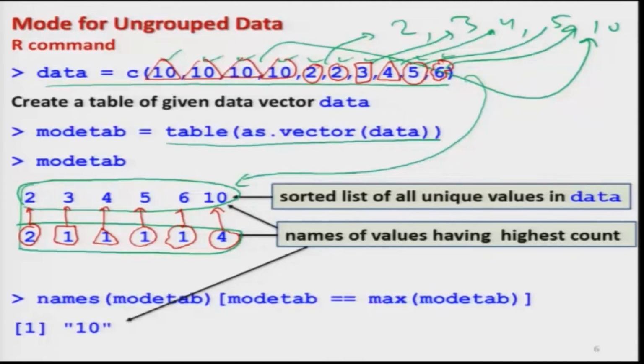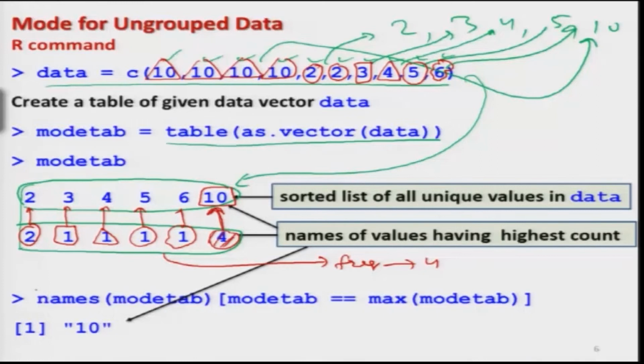So what essentially do I need to do? In order to find out the mode, I simply have to extract the values from this frequency first. So the maximum frequency is 4, here, and then in the second step I have to find out the value corresponding to this maximum frequency, which is 10.